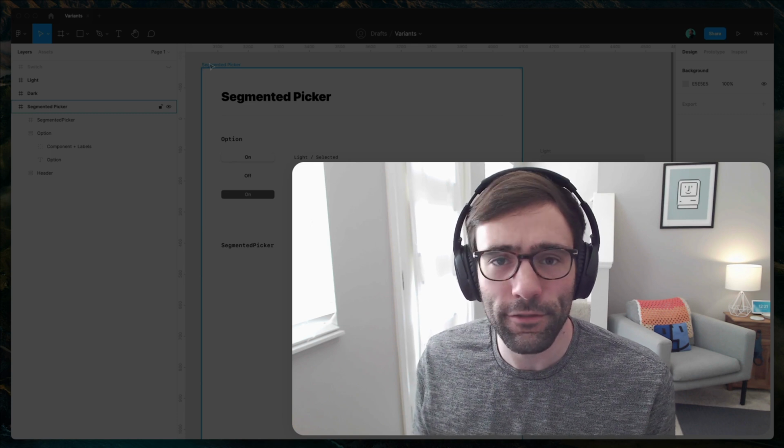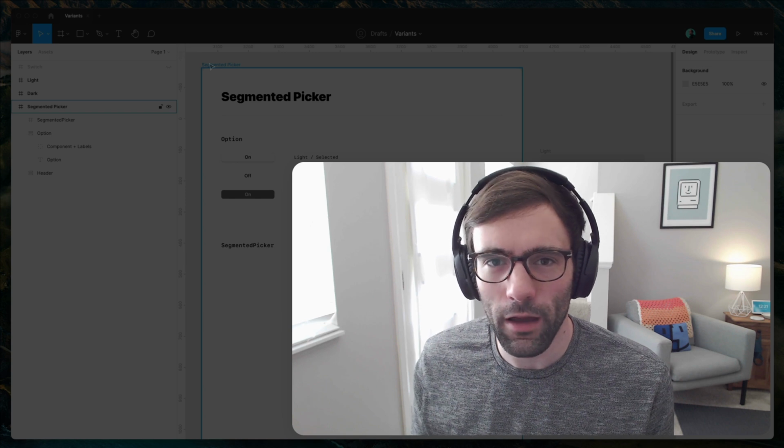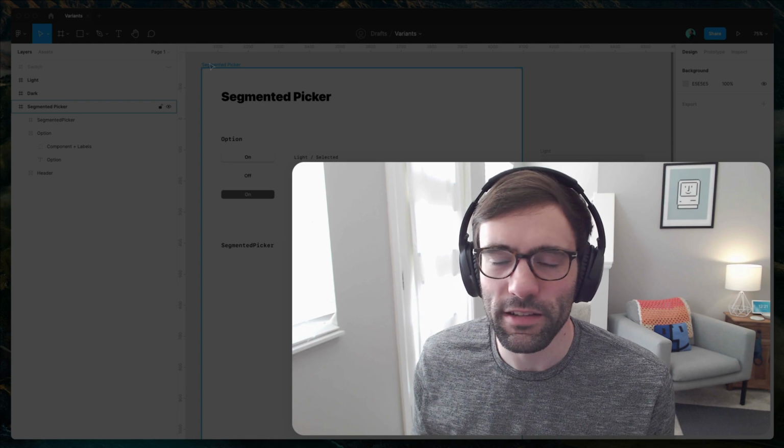The difference is that it can have text inside, and there can also be, I believe, up to 4 or 5 options for this picker in most cases. But like I said, most of them have either 2 to 3 options, and that's what we're going to make